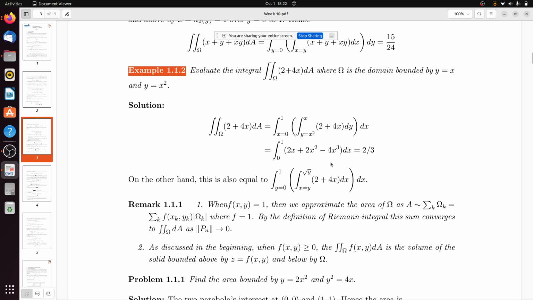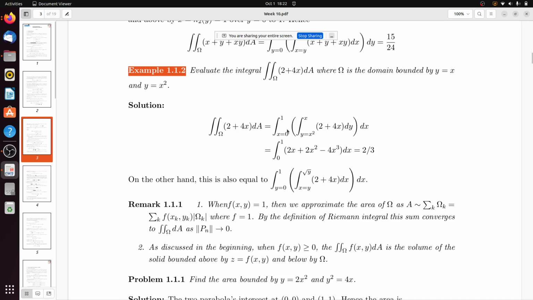And if you want to integrate, then you just integrate with respect to x. The integration of 2x dx is x square, the integration of 2x square dx is 2x cube by 3, minus 4x cube, whose integration is actually x to the power 4. So that is how you will eventually get 2 by 3. And similarly, because of the regularity property of this function on the domain omega, you will eventually get